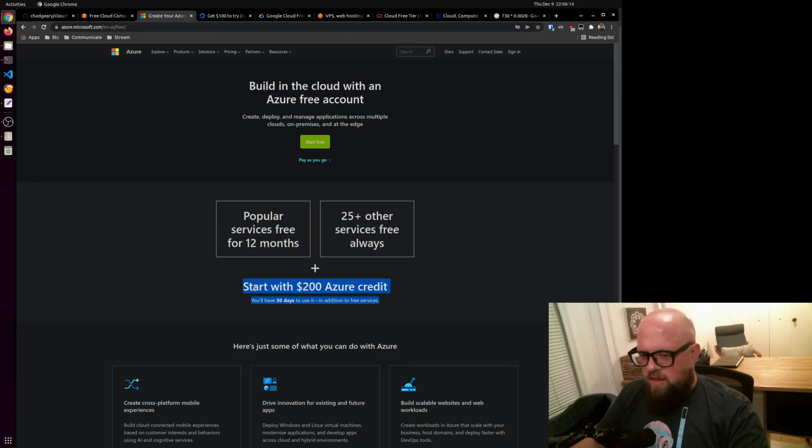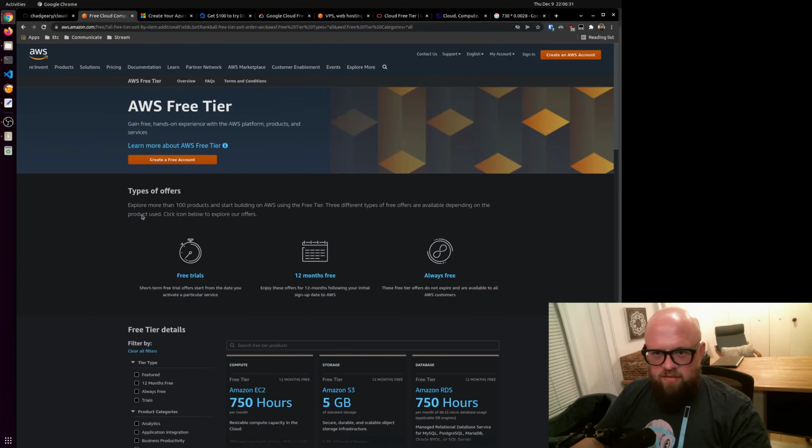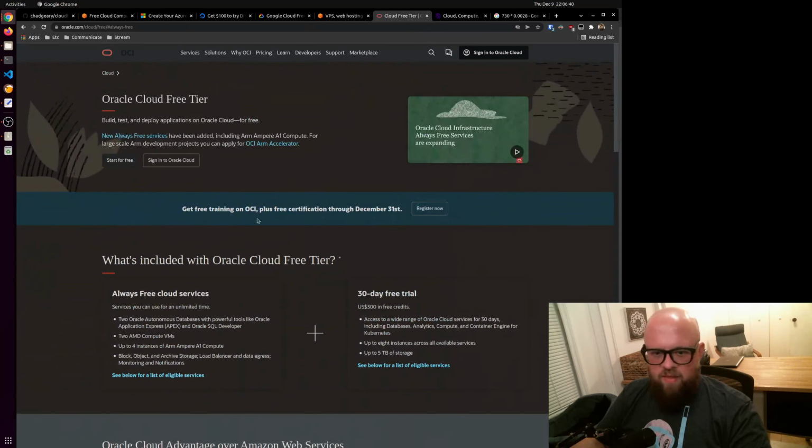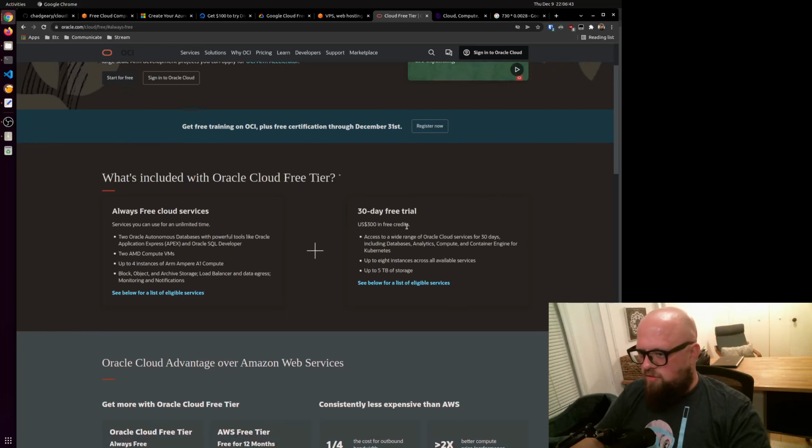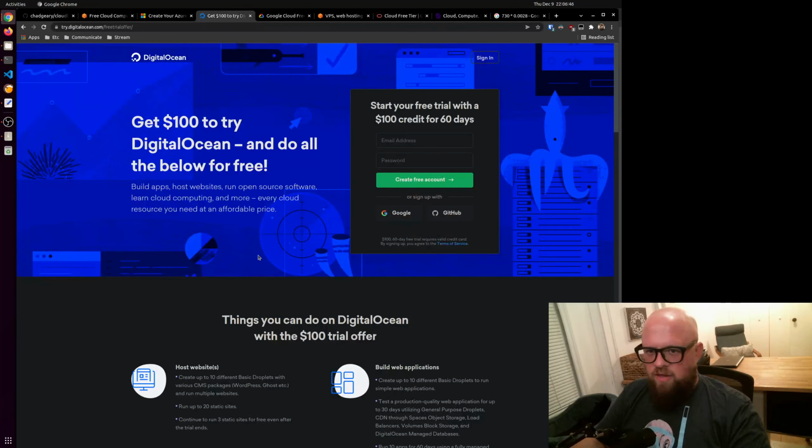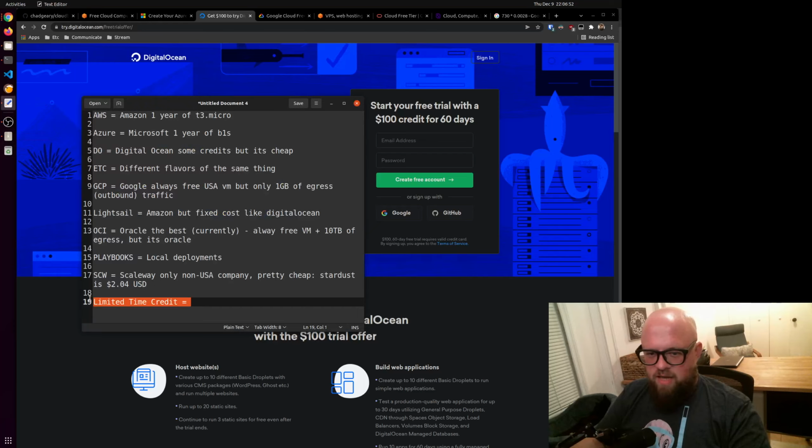So if you sign up with Azure, they give you $200 to spend on Azure. Now, Cloudblock and Cloudoffice don't cost $200 to run in Azure. It would take you a very long time, but you'll notice here in the smaller print, you only get 30 days to use that $200. AWS does the same thing. Somewhere on this page, they tell you, we give you $100 or $200 or something like that. Oracle gives you $300 in credits, but you only get 30 days to use it. DigitalOcean, you get $100 for 60 days. So they all offer you limited time credits. These expire before you can use them, essentially.